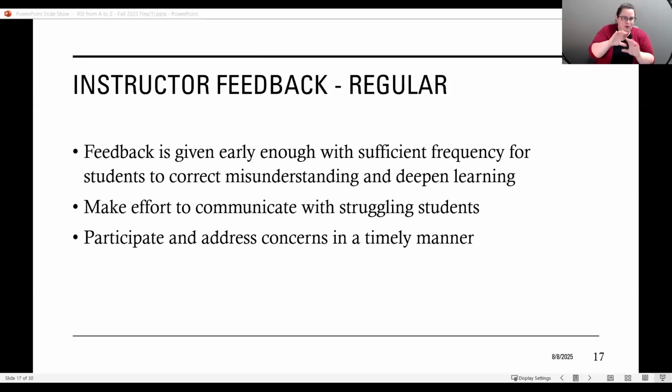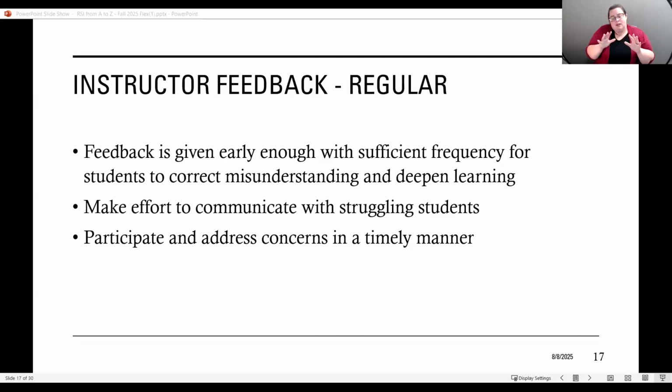And really, this is just for student success overall. This has to do with our online classes, our face-to-face classes, everything. Responding to students in a timely manner can make all the difference. I know it's difficult. I know we're all teaching many classes. We're all overworked, underpaid, and overburdened with our course load.